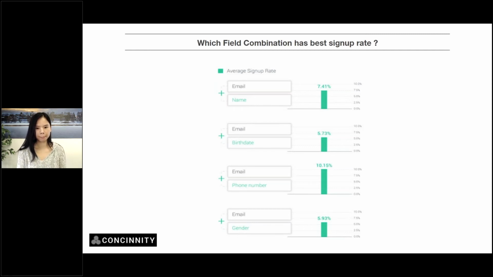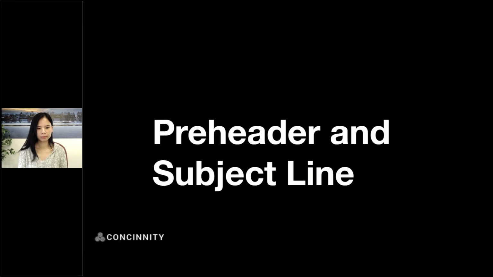You go with the right combination. The next question is, how do you get people to even open the email? Maybe you have the best offer, maybe you're the best company, and maybe people even know you. How do you get people to open up emails? Pre-header and subject line.